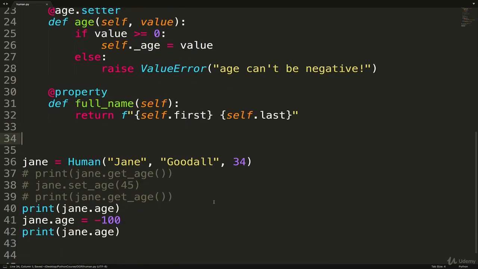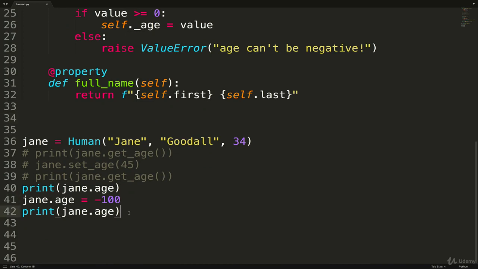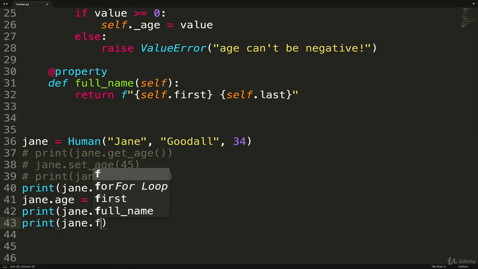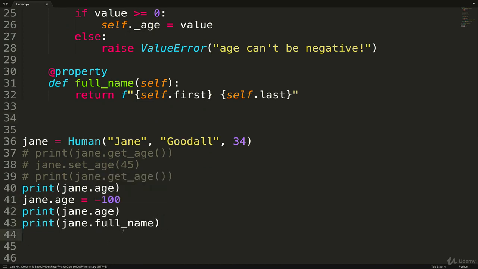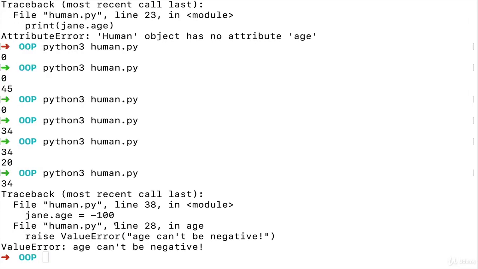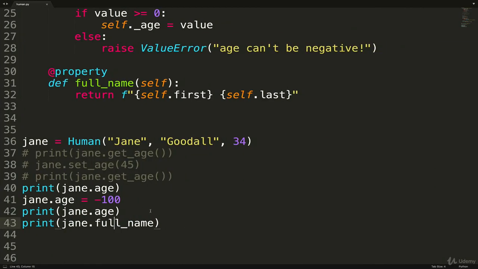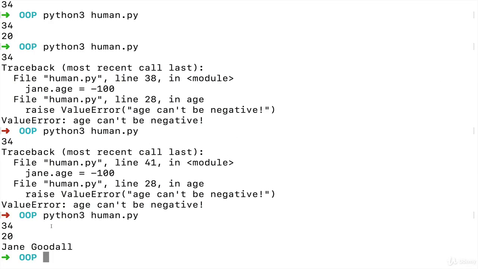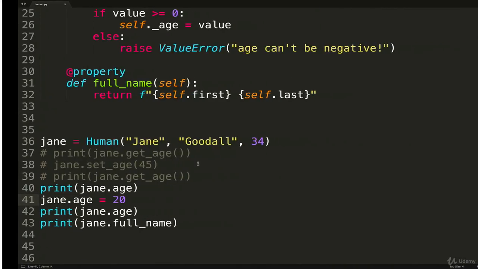And now, instead of calling a method full name, I can just call print Jane.fullname. And it's a property. Let's see what we get. Oh, well, this error is messing things up. We're not getting to that point. Let's try one more time. There we go. Full name is Jane Goodall.